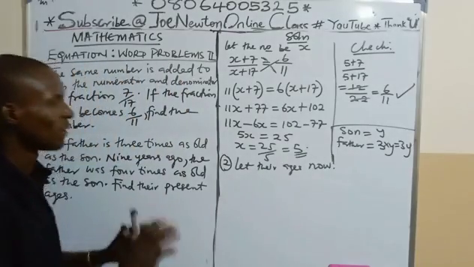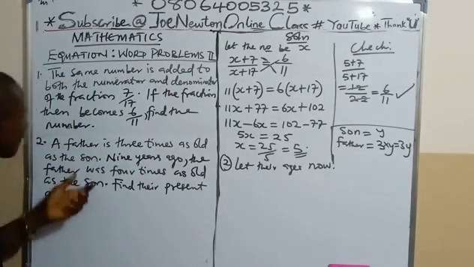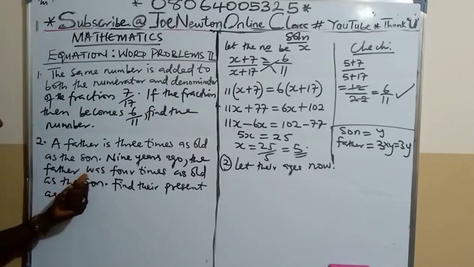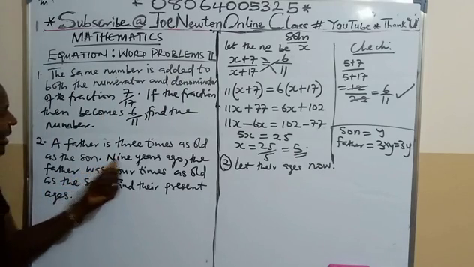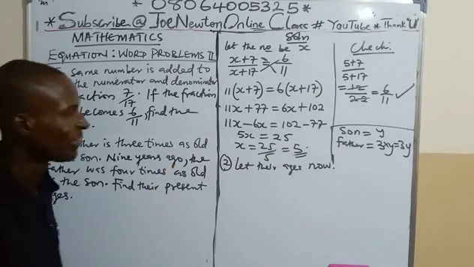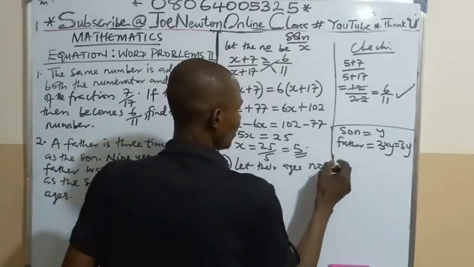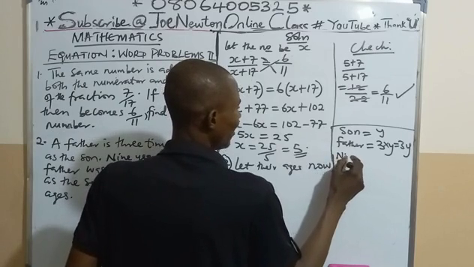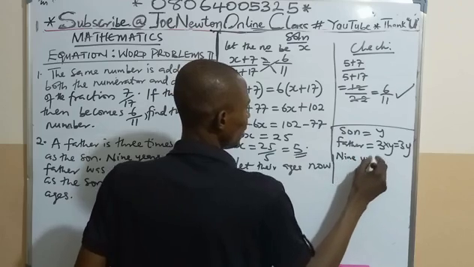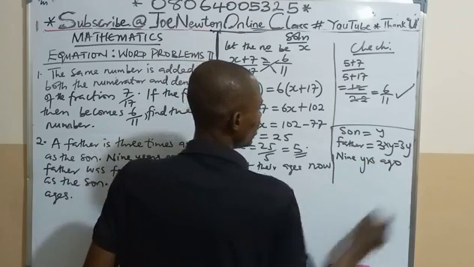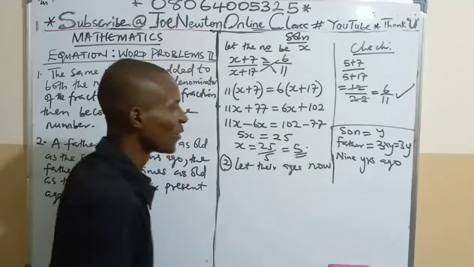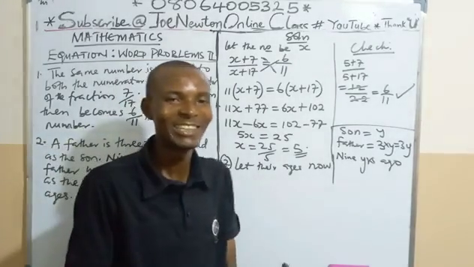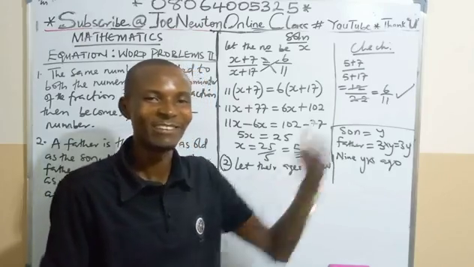Then, that their present ages. Then we are told that 9 years ago. So for 9 years ago, I want to interpret it here. That implies that 9 years ago, if you are 20 years now, your age 9 years ago, you have